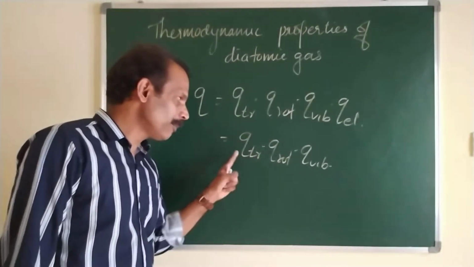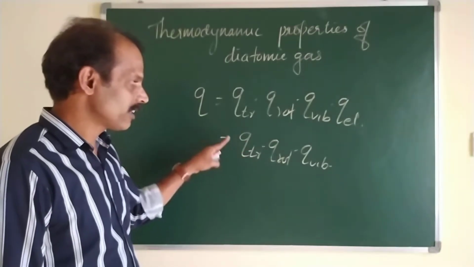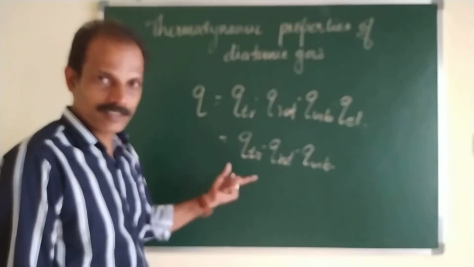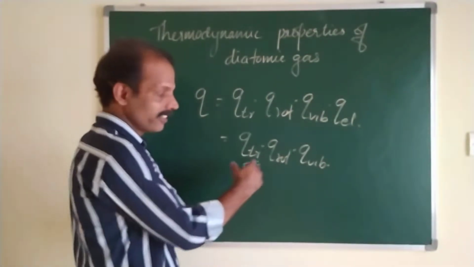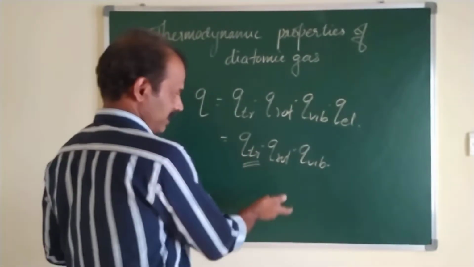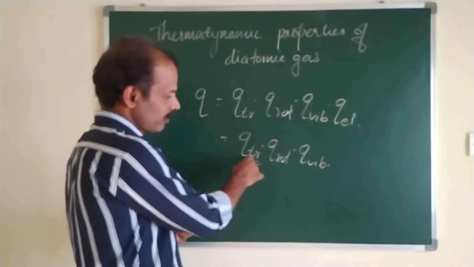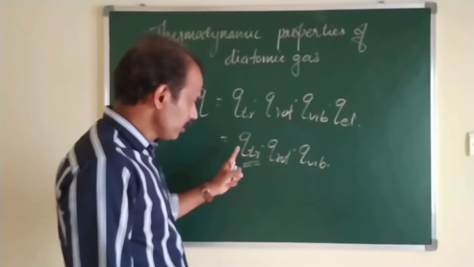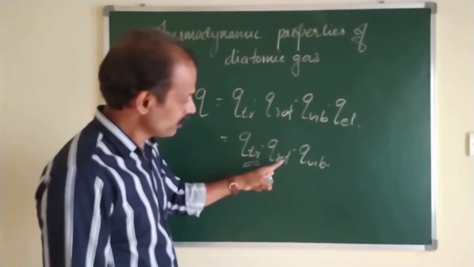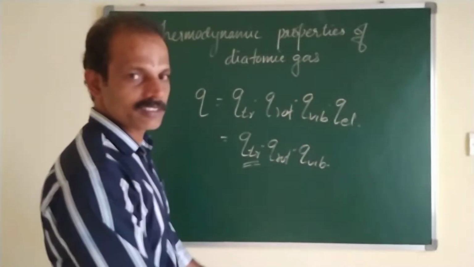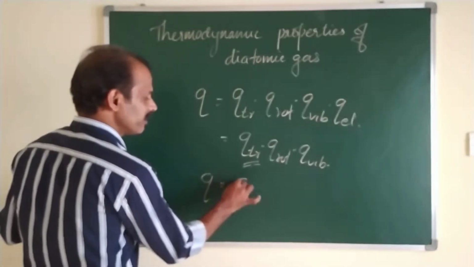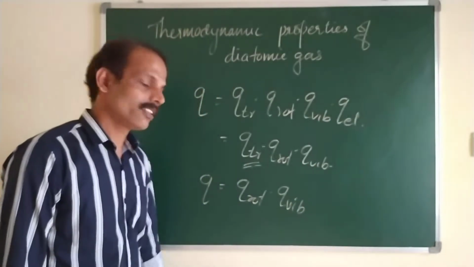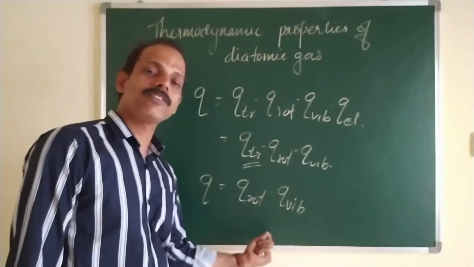But here, translation partition function and the translational thermodynamic properties were already discussed in our last class. Translation internal energy is 3/2 RT. Like that, we discussed all the properties, internal energy, heat capacity and entropy. So now our discussion is confined to rotation and the vibrational motion. So now we discuss only rotation and the vibration properties, in terms of rotation partition function and the